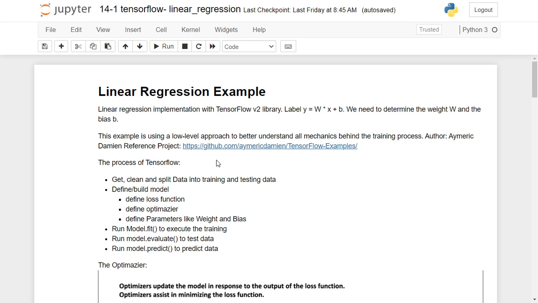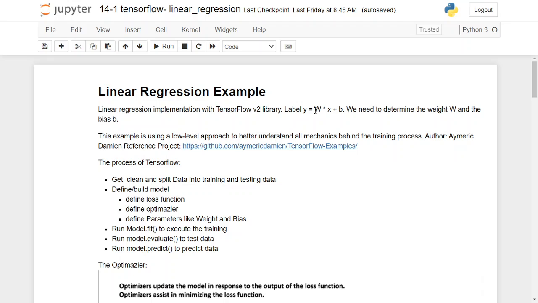All right, in this video, we're going to talk about TensorFlow, and we're going to start by introducing linear regression as an example. As we know, linear regression basically means y equals w times x plus b, and the task is to determine the best values for w and b to best describe the whole set of data. So imagine we have a bunch of data, and we're going to find the straight line